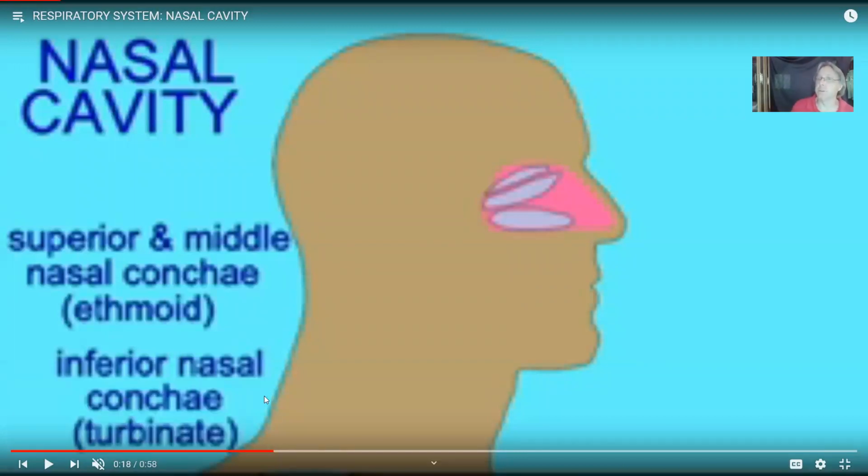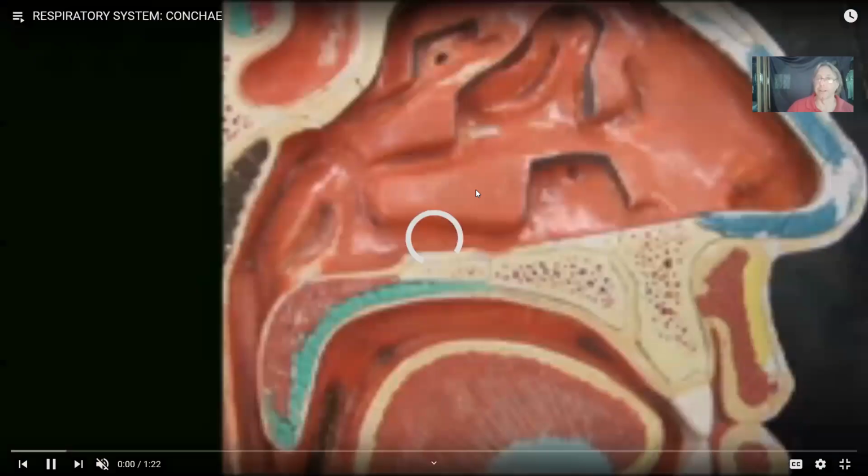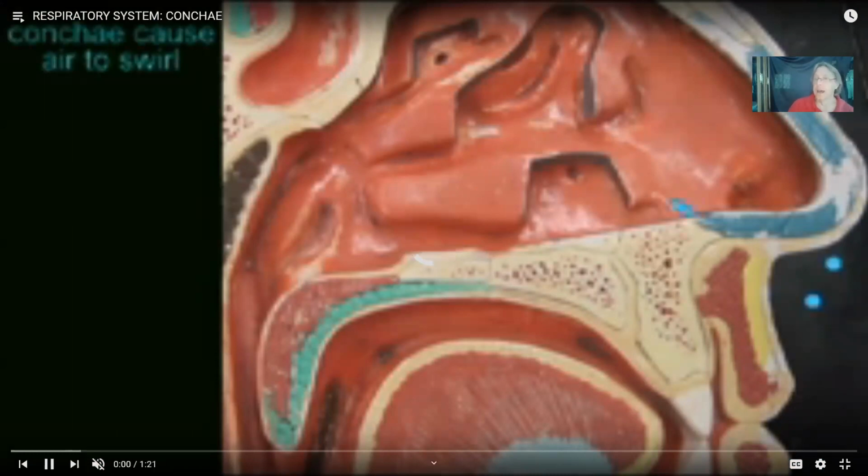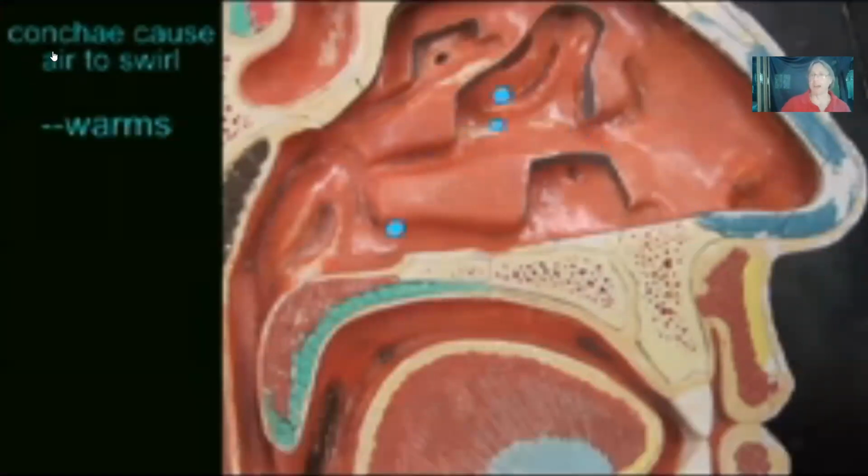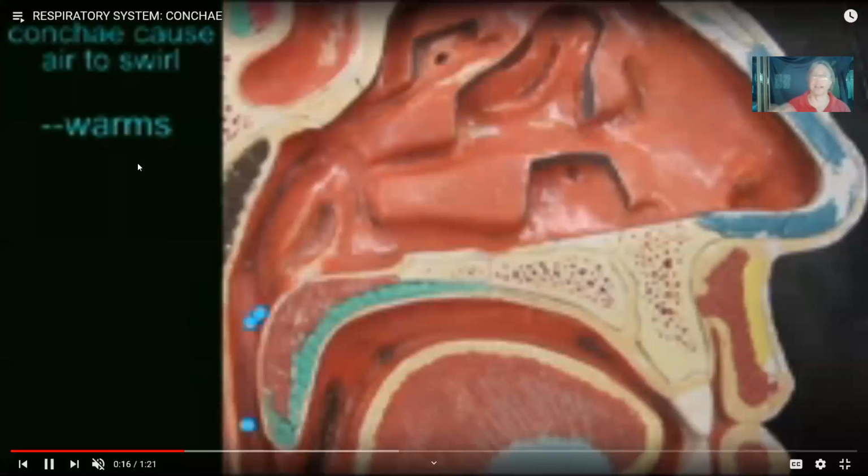The top two are part of the ethmoid bone, the superior and the inferior nasal conchae. But this third is its own separate bone and a bone of the face. So there's one on either side. And then these three plates, when we inhale, this air does not go easily into the lungs, but rather these plates cause it to swirl around, and this turbulence then allows it